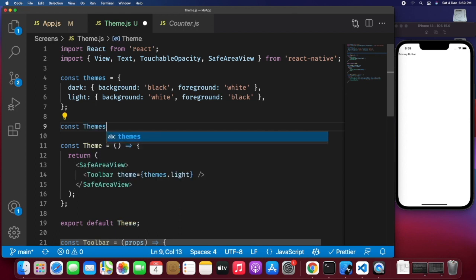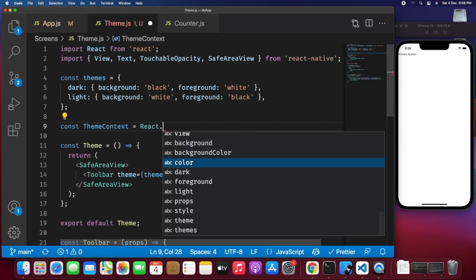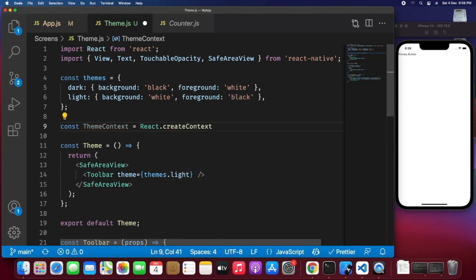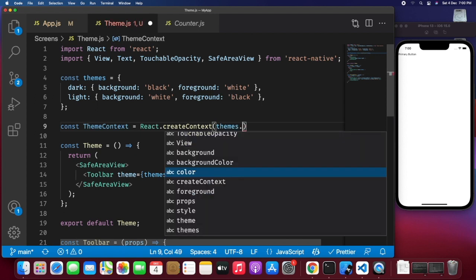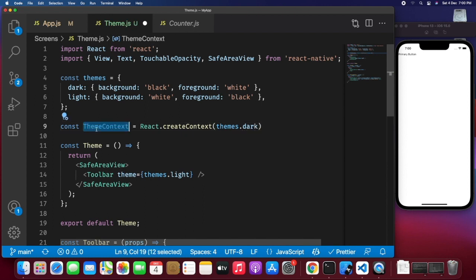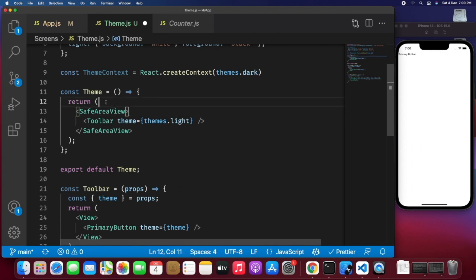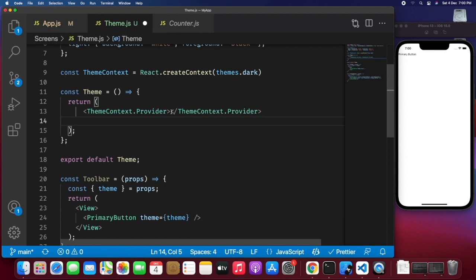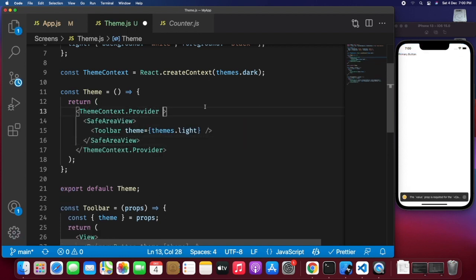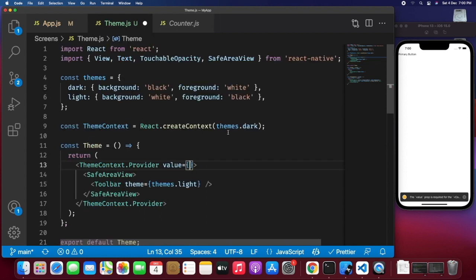So first, I'm going to create a constant, const theme context equal, we can get it from React. So React dot create context, and themes, and the default one is the dark one. Okay, now I'm going to wrap this theme within this context. So theme context dot provider, and just put this entire thing within this theme context, and the initial value I'm going to set is themes dot dark one,